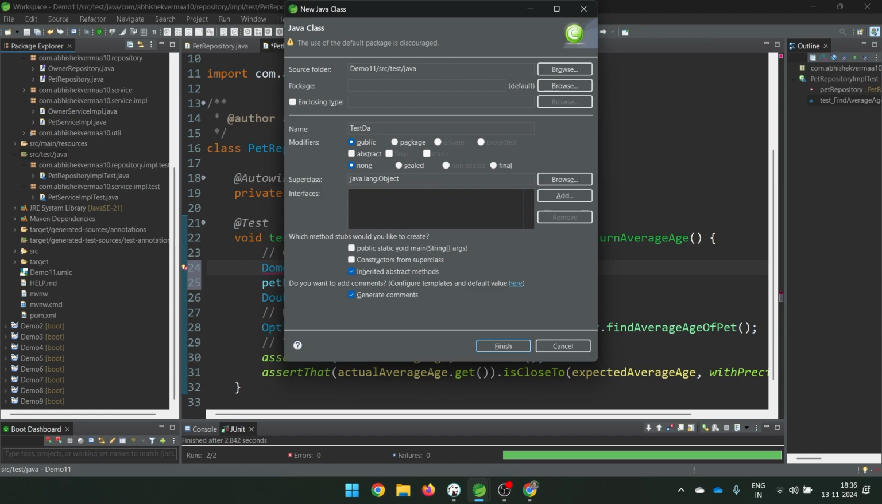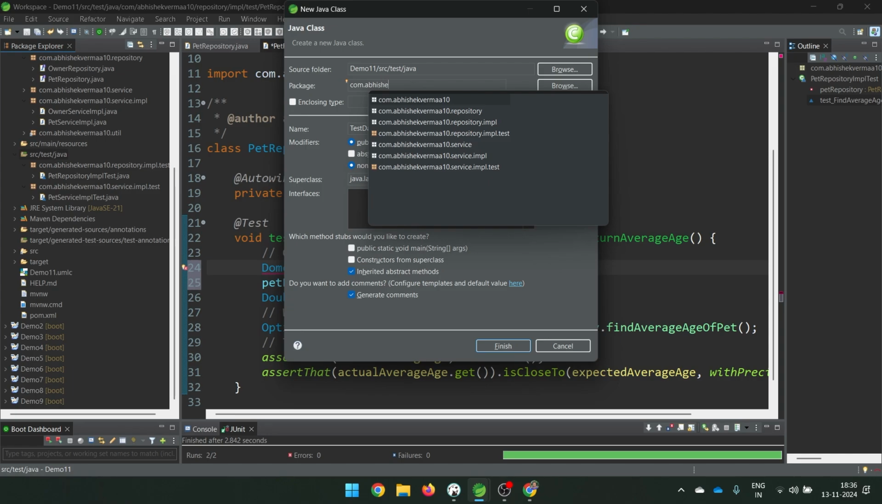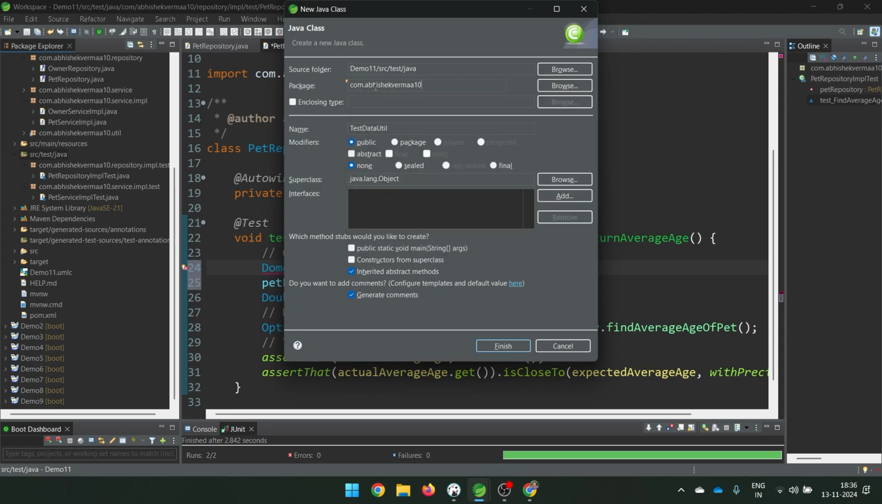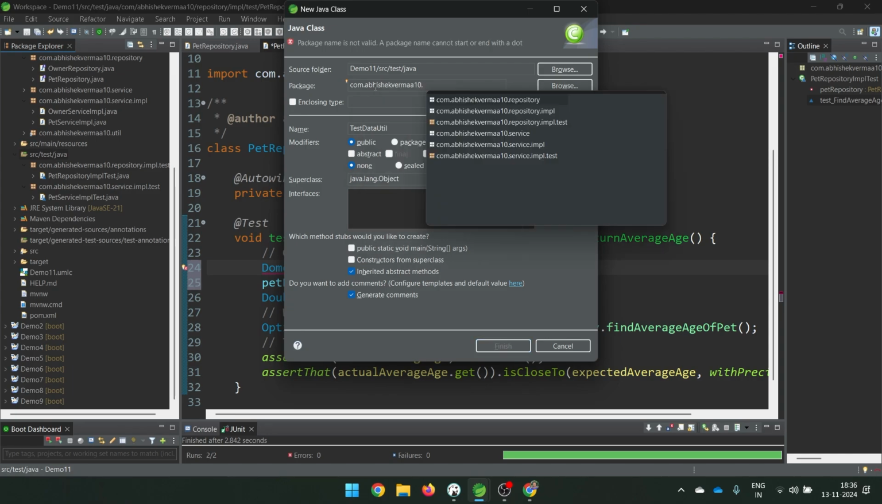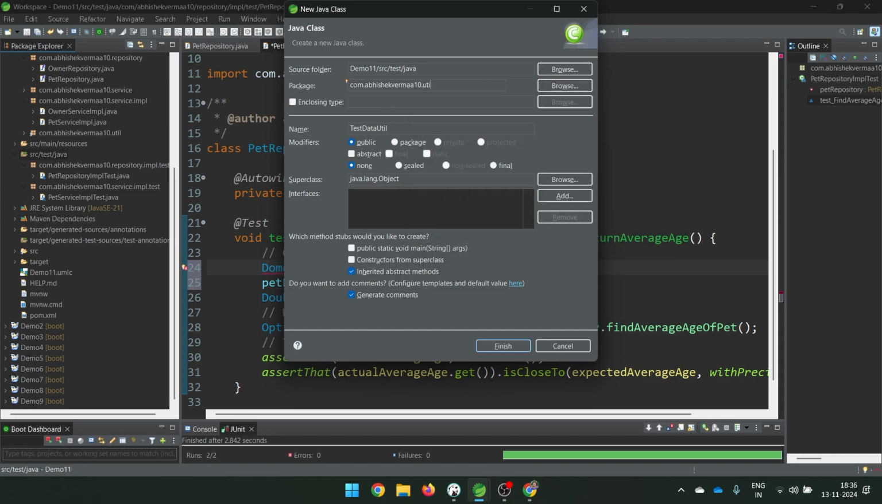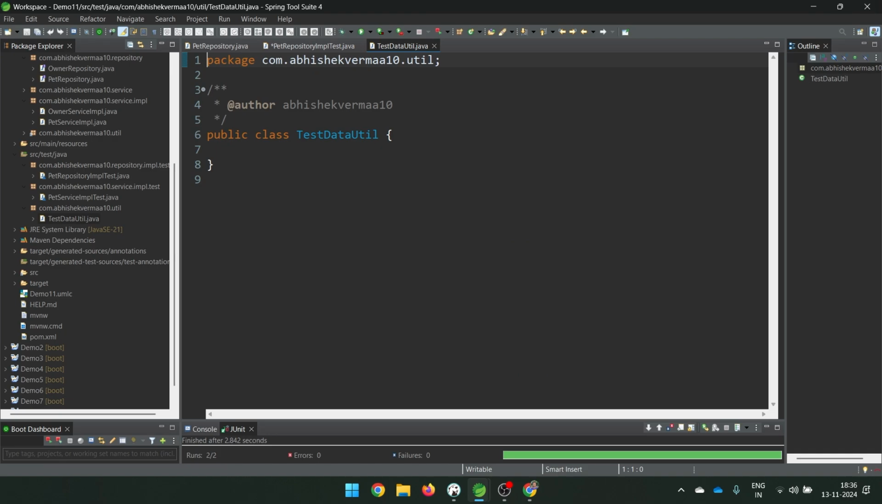Okay, so something like test data, and here let me say util. And on this particular one again I forgot, so I need to write this whole big name something like this, Abhishek Verma, and here I can simply say util. So this is going to be my utility class. So now this is going to be my simple utility class, and here what I'm simply going to do is